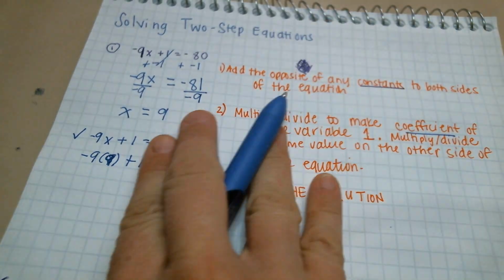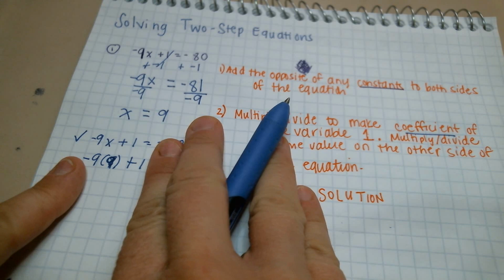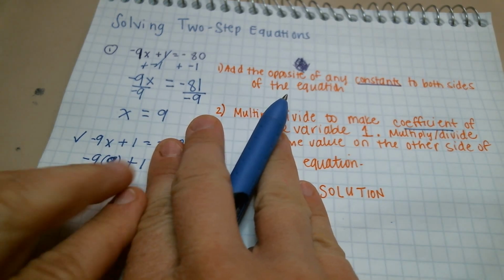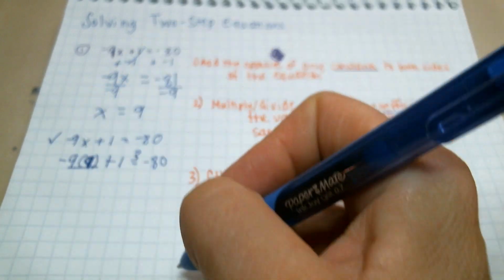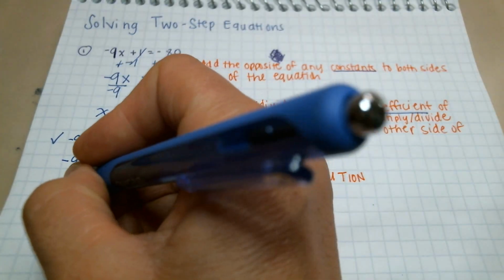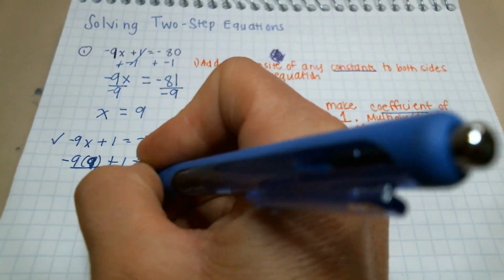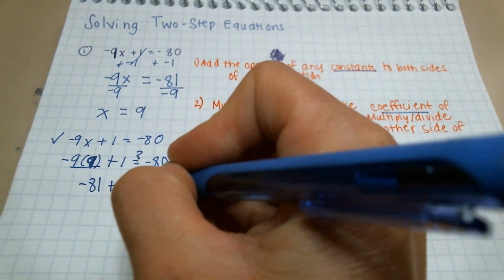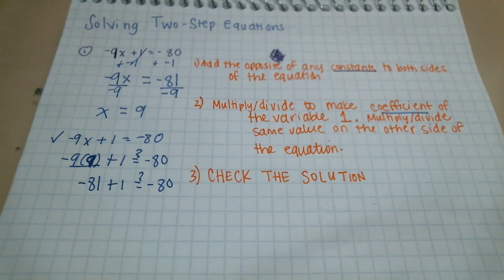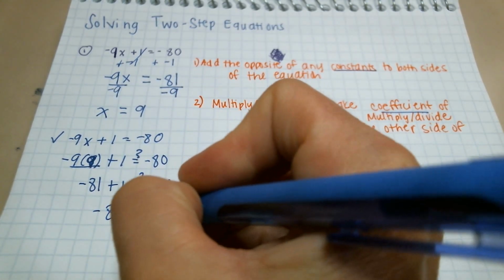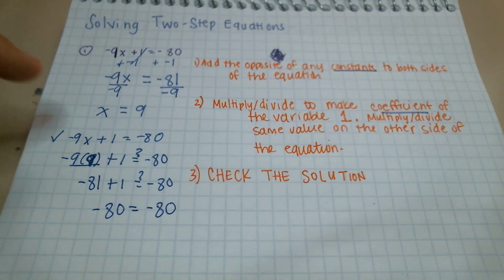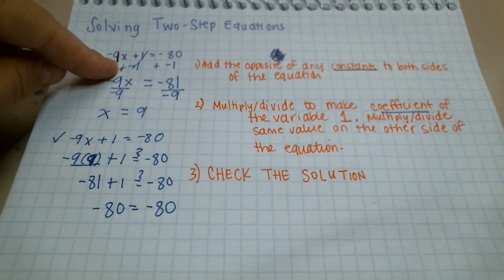So I'm going to ignore the right side of my equation. I'm just going to look at the left. I'm going to do some simplifying. So order of operations, if I simplify this, I have to multiply. -9 times 9 is -81 plus 1. Does that equal -80? And you're thinking, okay, -81 plus 1 is -80. So in this case, yes, this is true. If I make x 9,